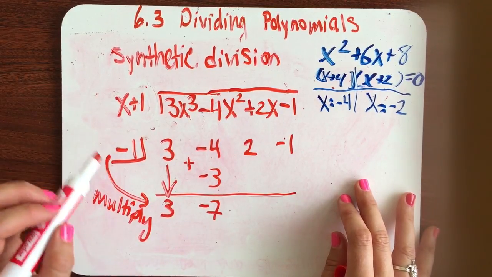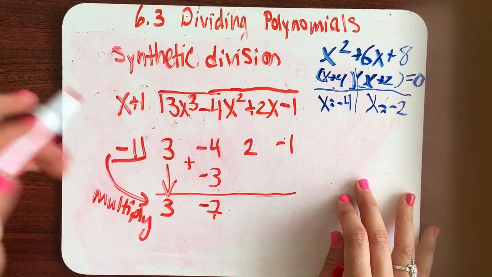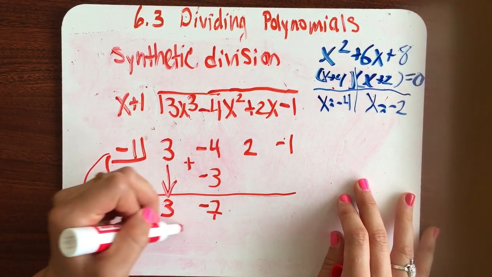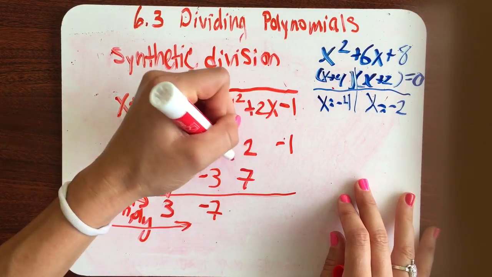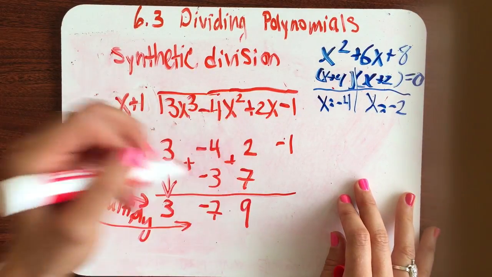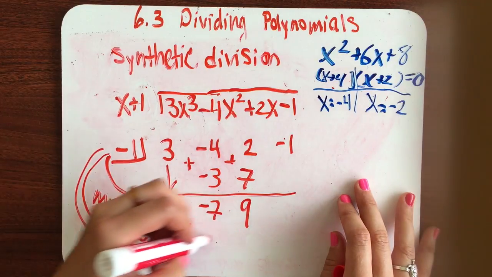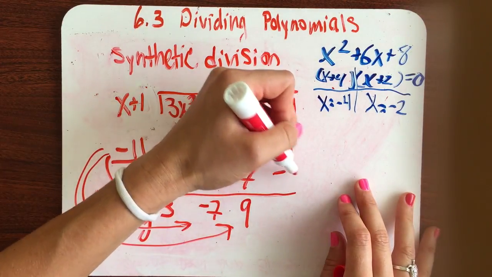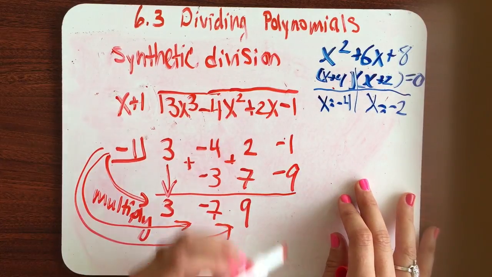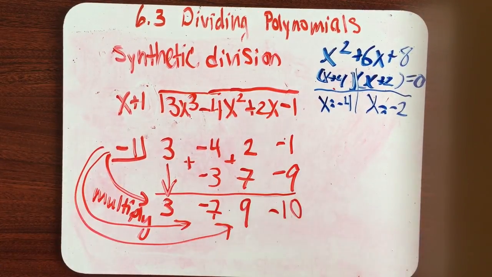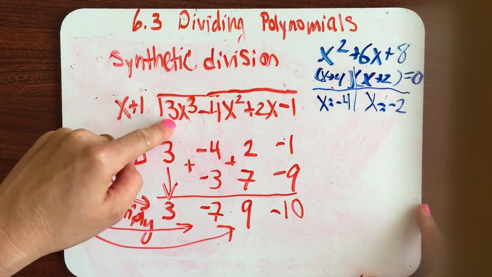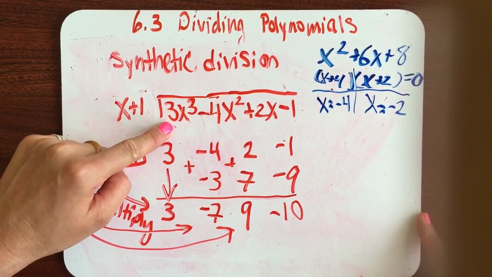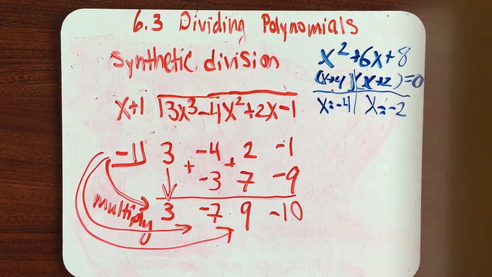And then we're going to just repeat this process until we get to the remainder. So we multiply. -1 times -7 is a 7. We add, we get a 9. We multiply, we get a -9. And then we add, and we get a -10. So therefore, this is not a factor of this cubic polynomial of 4 terms, but we do know from here